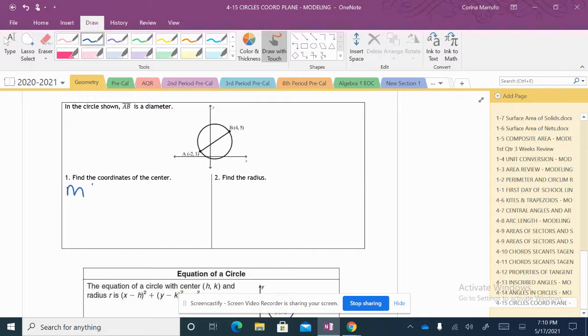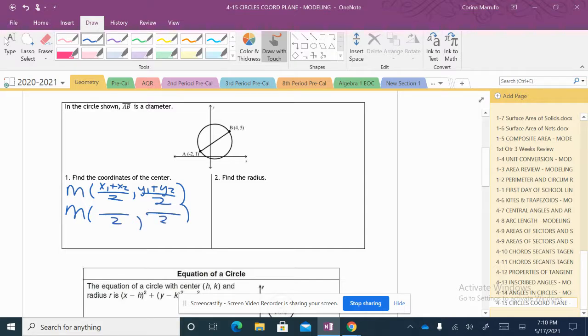So M is the midpoint, okay? We add our x values together. I'm writing down the formula just in case you don't remember. And then we add the y values together and we divide by 2, and that gives me the y coordinate, okay? So the midpoint for this one, if I go ahead and plug everything in,